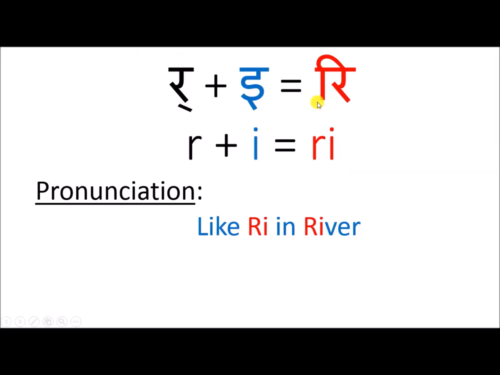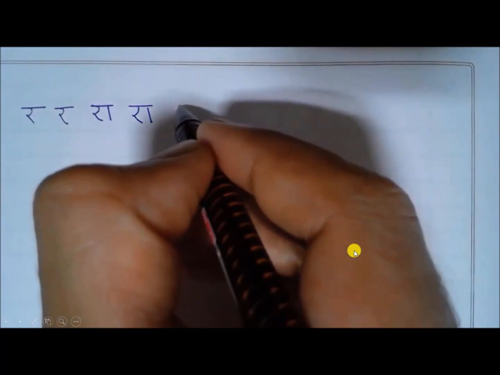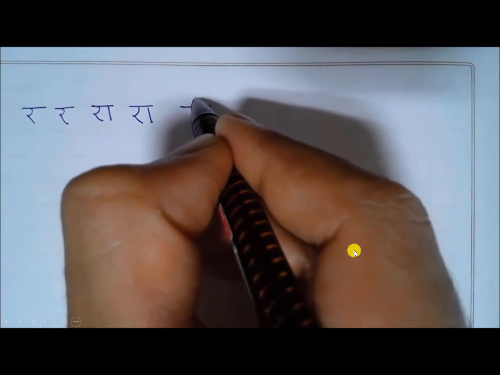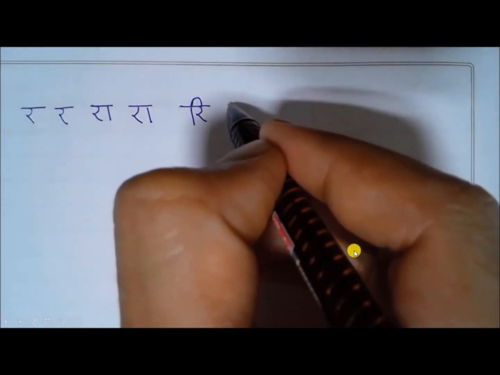Okay. Next sound is re. And you get this sound re when you add r to e. R plus e equal to re. R plus e equal to re. And re is pronounced like ri in river. River. Okay. And re is written like this. Once again,